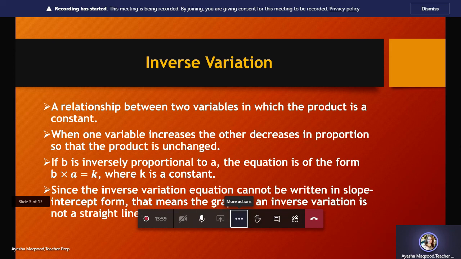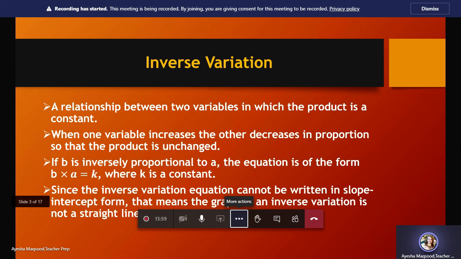But just for the concept, I just want to share. If you remember, when we studied the graphs of direct variation, we observed that every time we obtained a straight line that passes through the origin. But this time you can see that it will be a curve. You will not observe any straight line in the graphs of inverse variation. The graphs will not pass through the origin, so it will never be a straight line. We will discuss the graphs in detail after this exercise, hopefully on Friday this week, or otherwise on Monday.